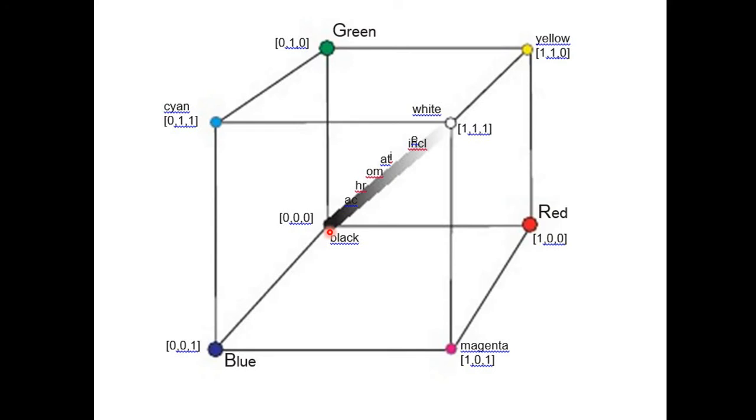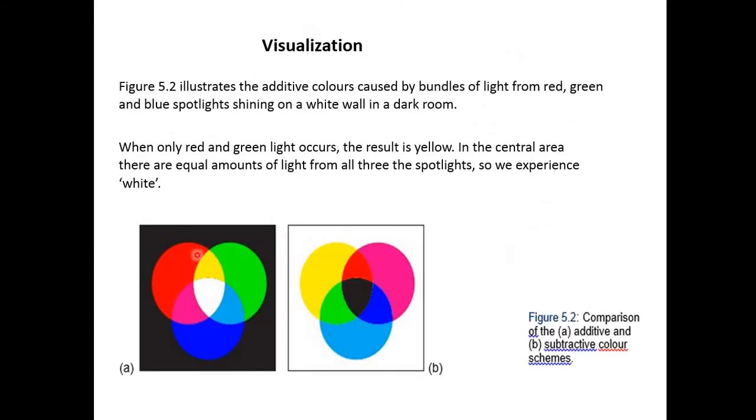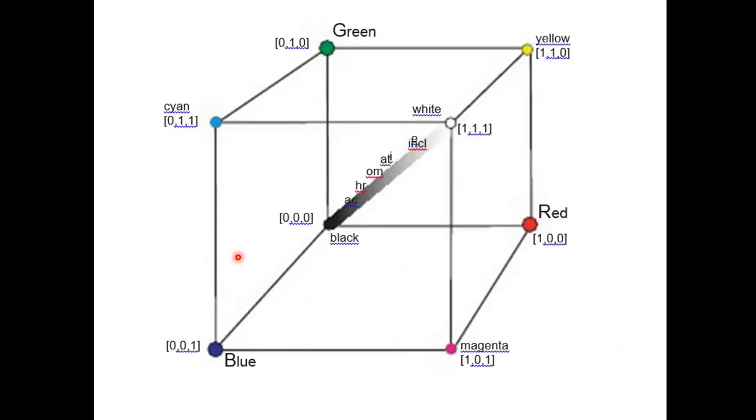So what happens if we move at 45 degree between green and red, we will get yellow color. You can see red and green, we will get yellow color. And what will happen if we go at this point, at this 45 degree, we will get red and blue color with equal percentage, and there will be color as magenta.